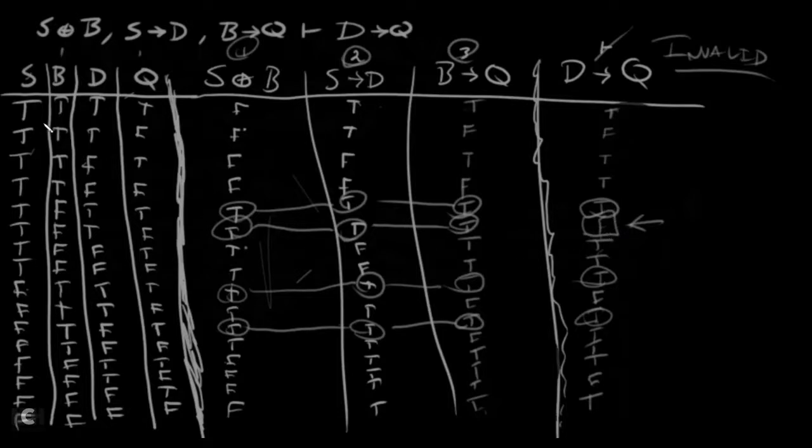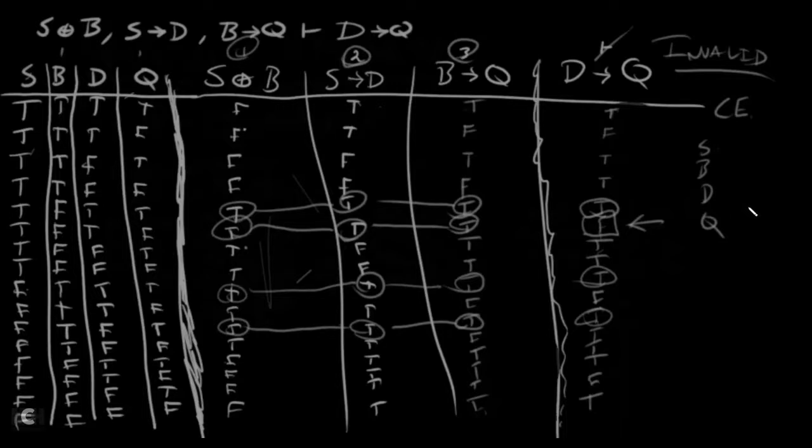In this permutation, it's the 6th row down. So what are the conditions in the 6th row down? 1, 2, 3, 4, 5, 6. So in the 6th row, when S is true and D is true, but B and Q are false, it doesn't work. So there are 2 ways of putting that. We could say this is the counterexample. We could put it this way: S, B, and D, Q. And in that situation,